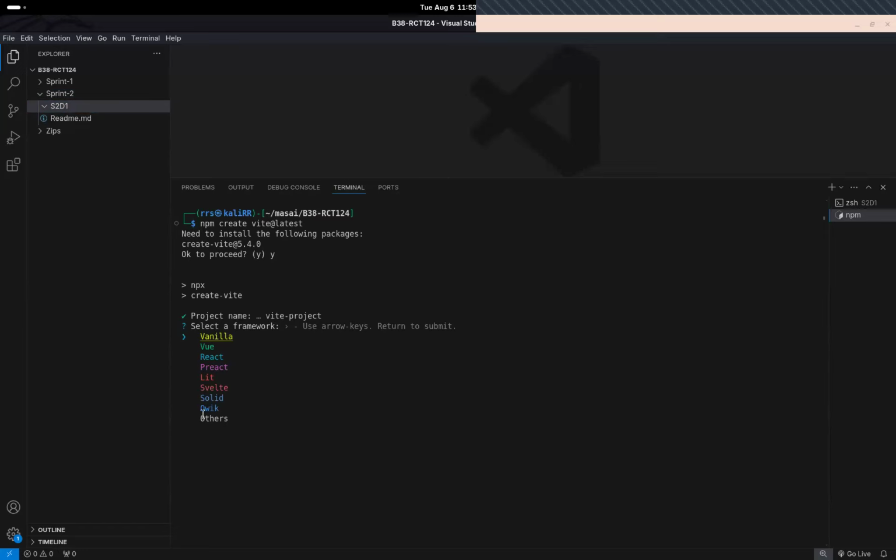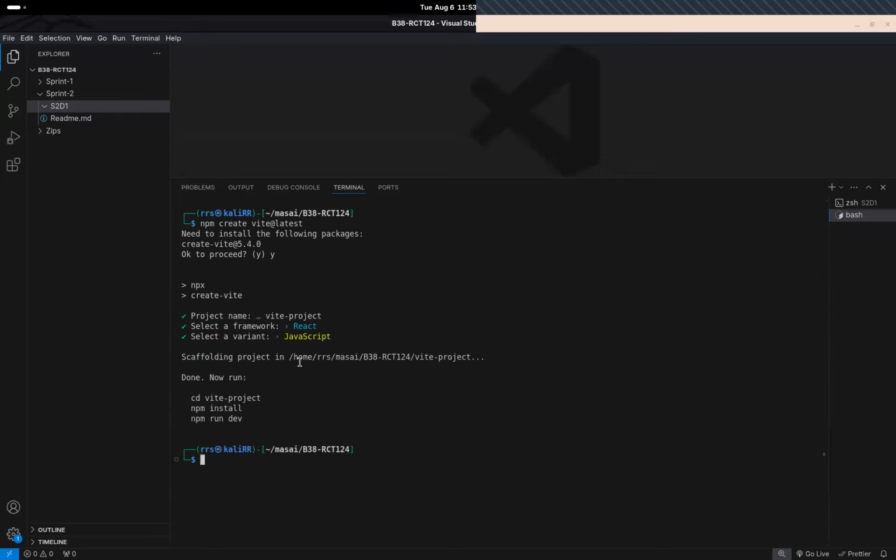So what's the framework that we are going for? Again, Vite is mentioning it as a framework because it takes everything together, but you know that React is a library anyways, right? So we'll visit React and we'll press enter, right? Now it will ask how do you want your React to be, right? So do you want it with TypeScript? What SWC is, we'll talk about it later. For now, we just need it in plain JS, right? Plain JavaScript. So I'll just press enter over here and there you go. Your application is basically set up, right?